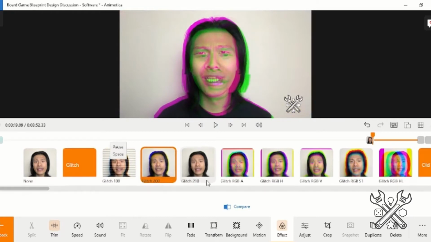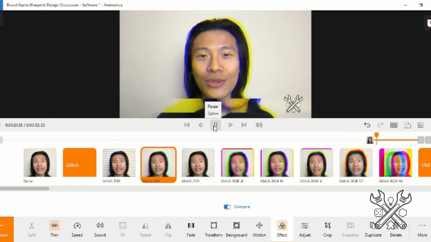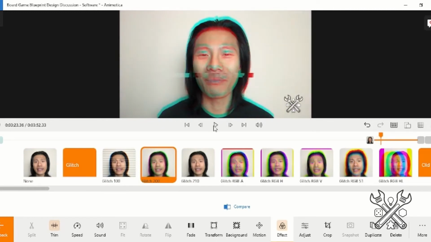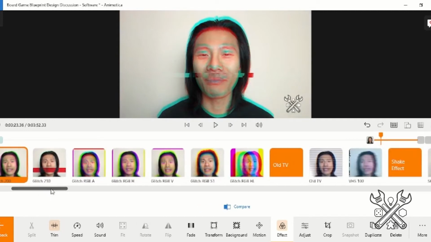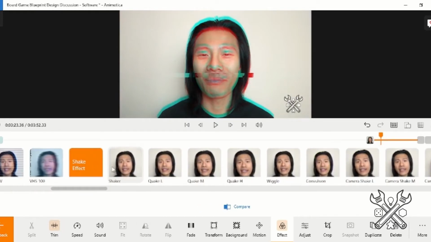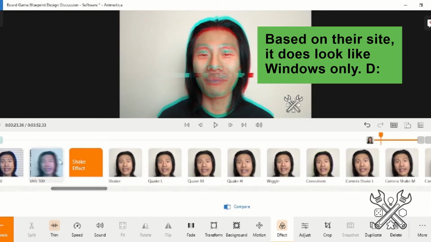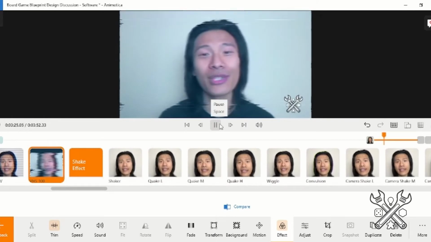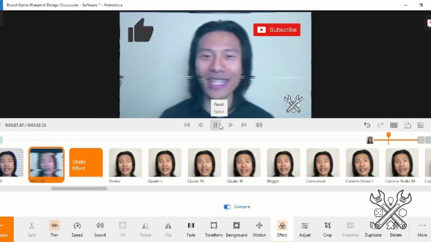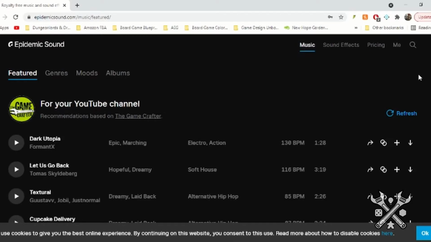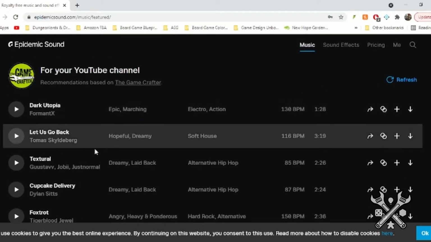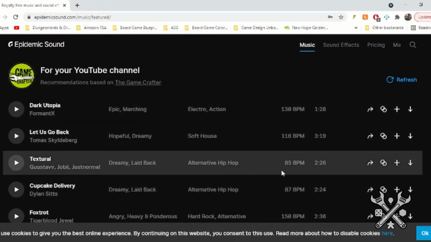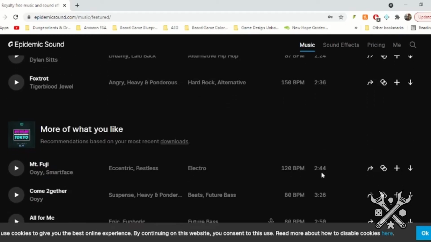But this has been really useful. Again, kind of in a desperate situation, I pulled the trigger on it, and I've been using it ever since. That was maybe at least half a year ago, maybe more now. So Animatica, if you're interested, I think it might be a Windows-only program. I'm not entirely sure on that, but it can maybe get you a few more things than the generic Windows Movie Maker or iMovie can supply. It has a couple like soundtracks as well, but that audio stuff has been